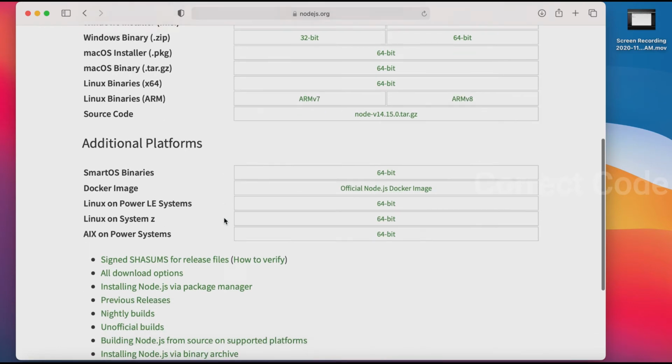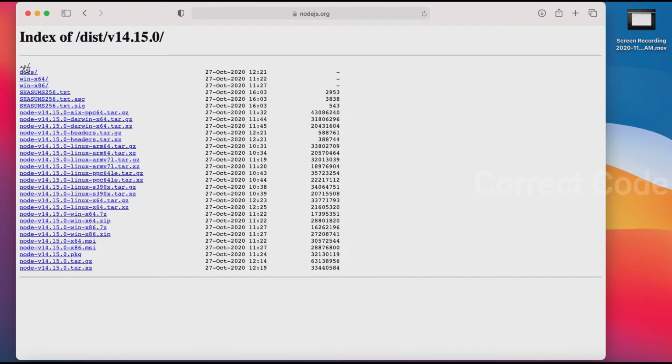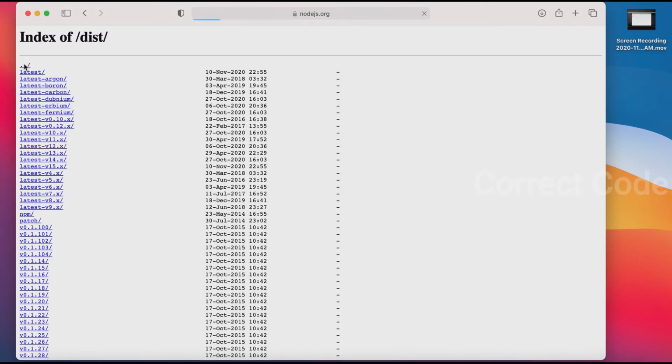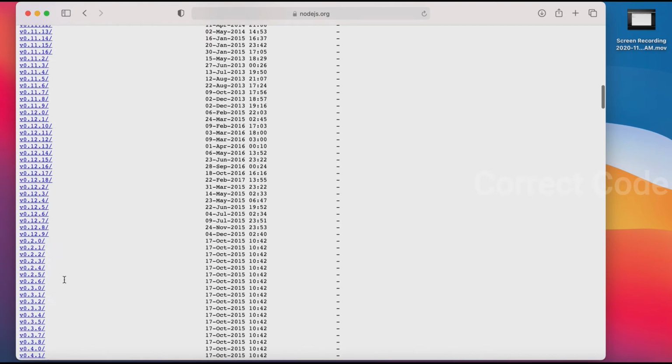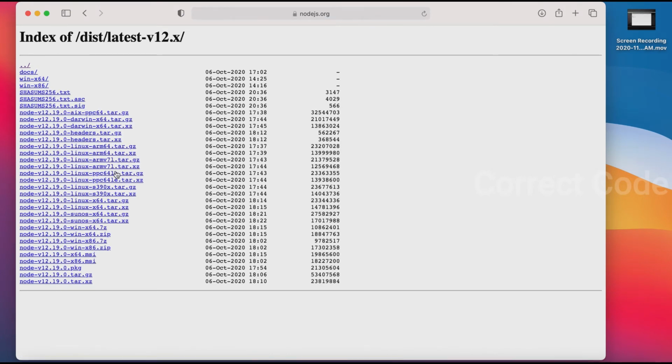If you click on other downloads and come down, you can see all download options, and if you click go back, here you can see all the versions of Node.js. Now come and click on 12, and here you can see Node version 12.19.0.pkg. pkg is like a package file for Mac. So just download this.